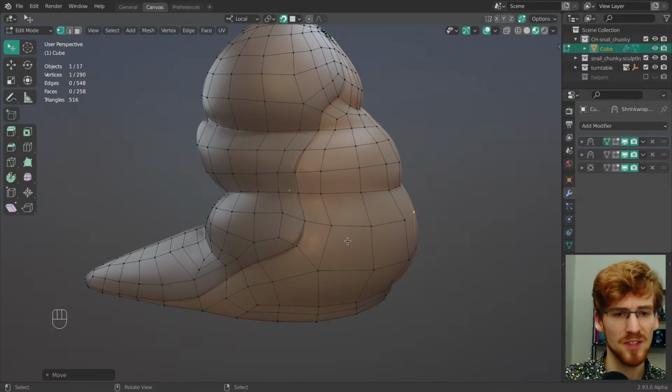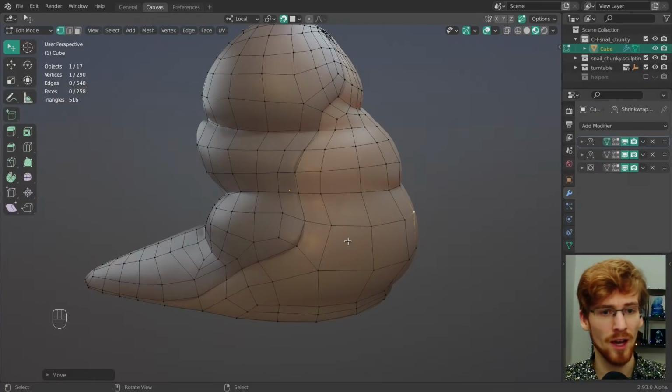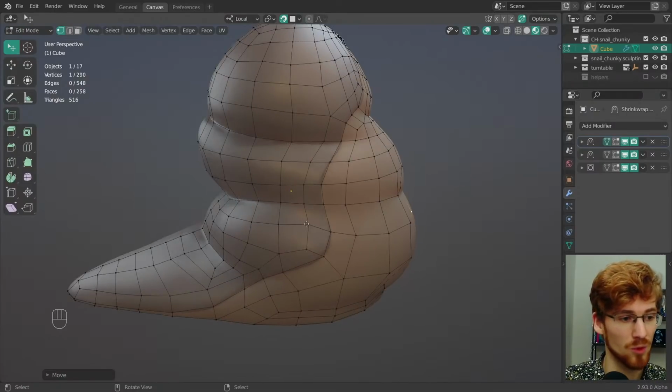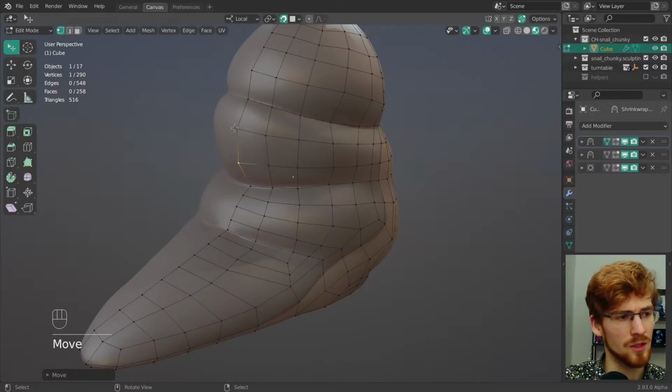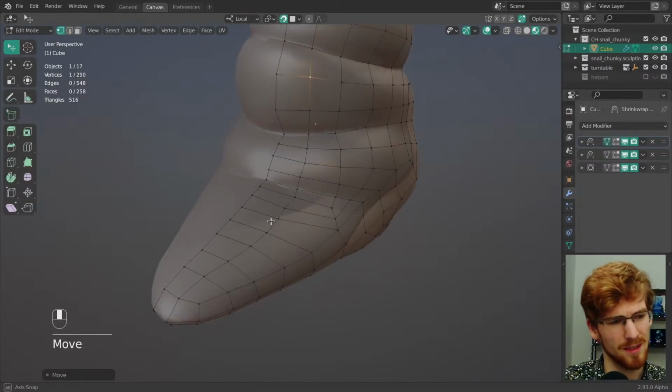Every time you save, you save on your blend file, and if you save again, it copies what used to be the blend file to the blend 1 file, and you save on the regular blend file. So you just have multiple versions as a backup, but it doesn't autosave on it, as far as I know. Maybe I'm wrong about that. I'm not sure, but